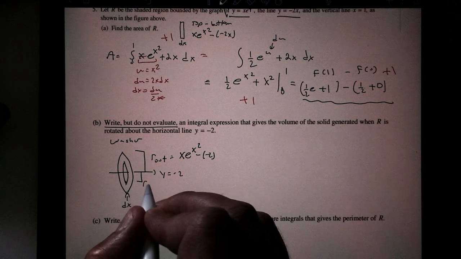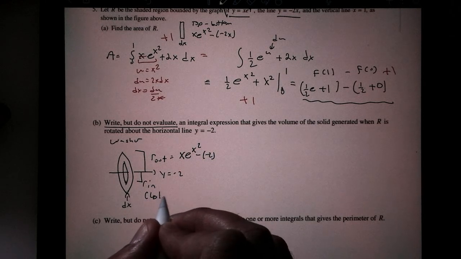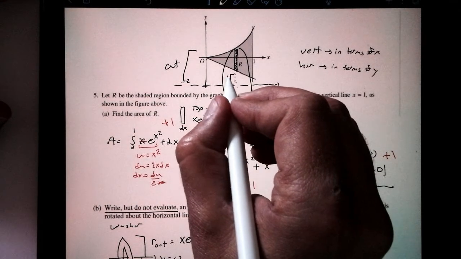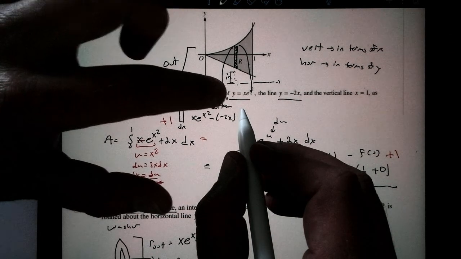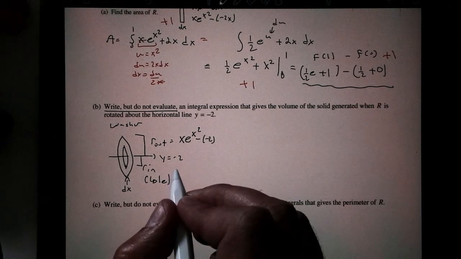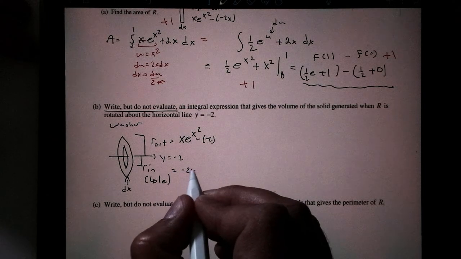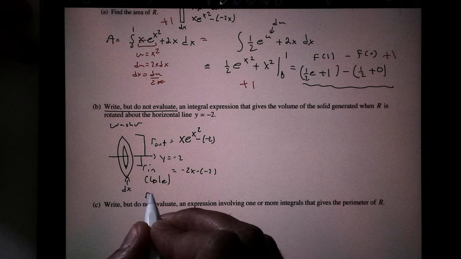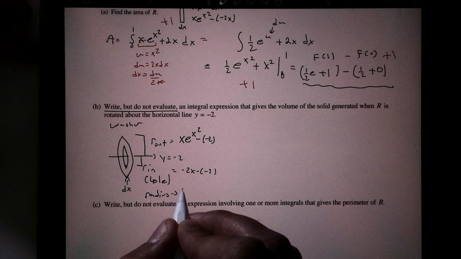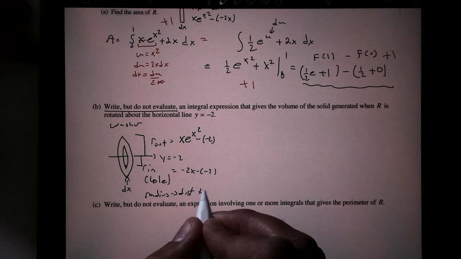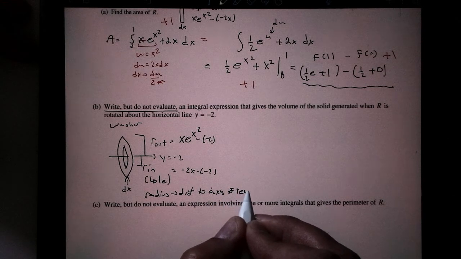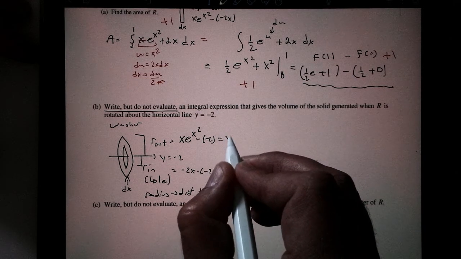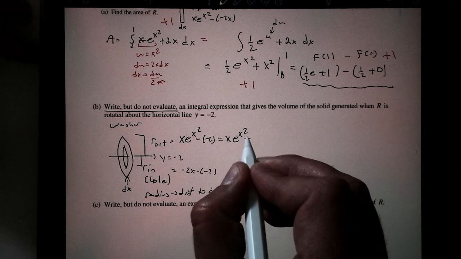My inside radius, that's the hole. That's the part, that's this little dashed part right here. There's my inside right here. And this top is -2x minus -2. So the radius here is going to be -2x minus a -2. Remember, radius is always the distance to the axis of revolution. And that's how we got those. So of course this becomes x e to the x squared plus 2,